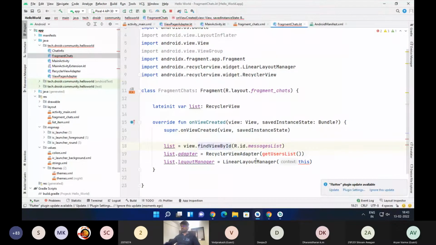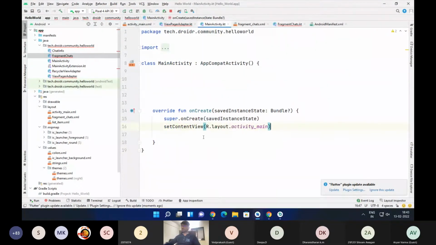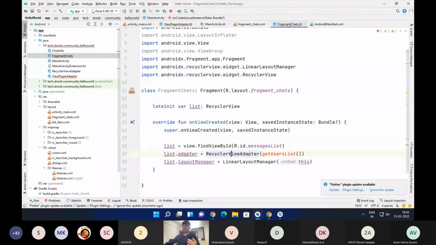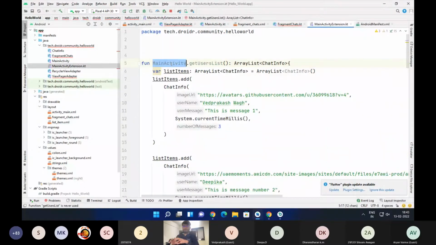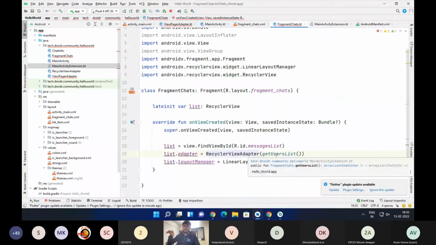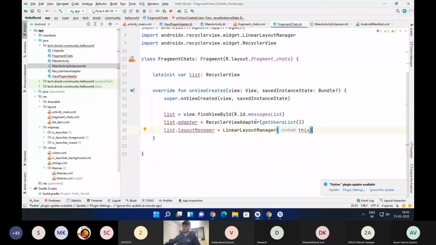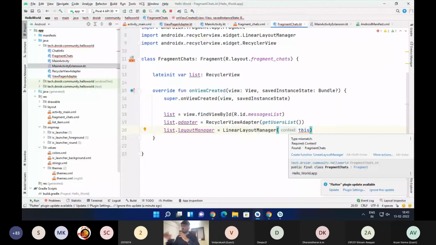Now the next thing is we had an extension to the main activity. Let's change the extension that we created to an extension that fragment chats will have. So let's change MainActivity to FragmentChats. Now you will see the second error will also be gone, because we actually added the extension function to the fragment itself. The third error you're seeing here is we don't have a valid context right now, because